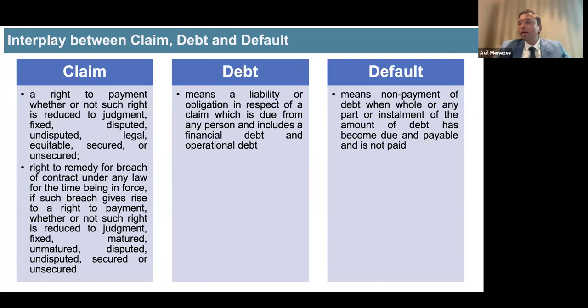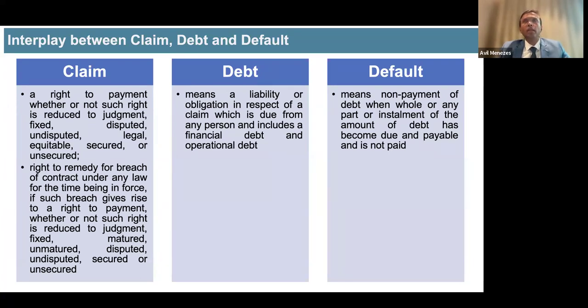So when that particular claim comes in, at what point do you accept that claim? In case of disputed claims, we say that the claim is admitted at 1 rupee, and that is the accepted position as of today. We very clearly say that in case the judgment comes in before the conclusion of the CIRP period, then obviously the claim would stand updated.